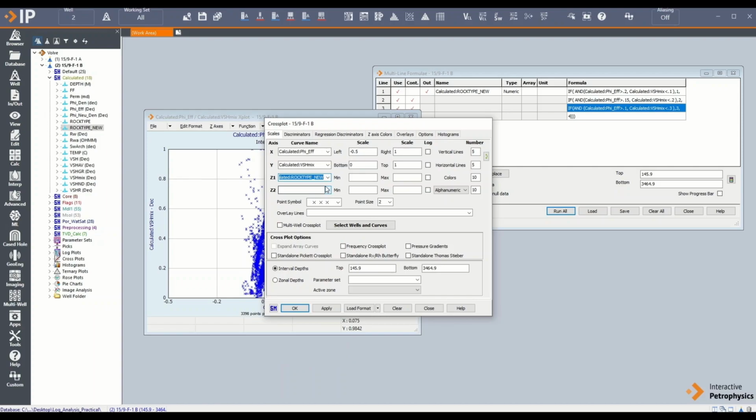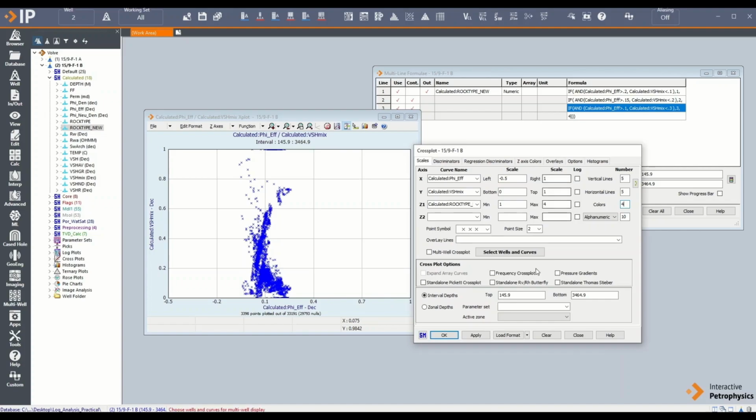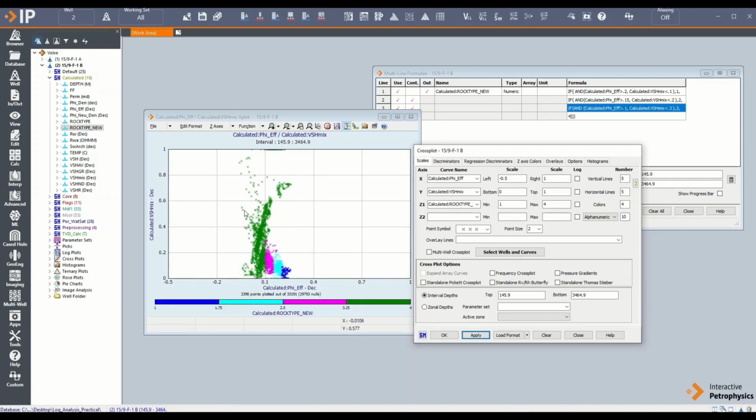So let's use that on the z-axis, and since there are 4 rock types, we can use 4 colors. And we will just keep the depths as they are, and then apply. See, now our rocks have been divided into 4 rock types,